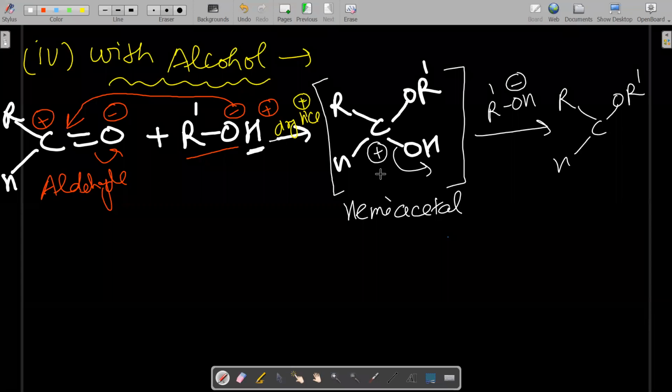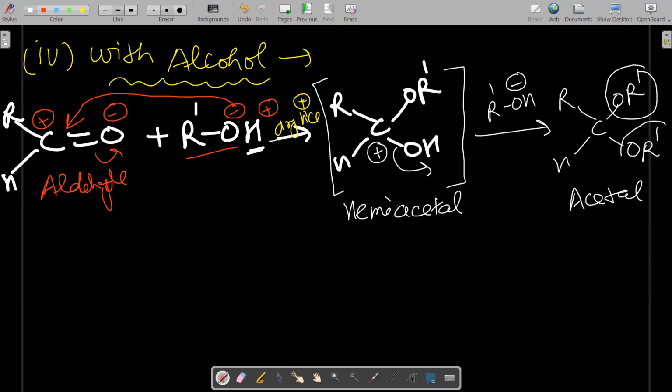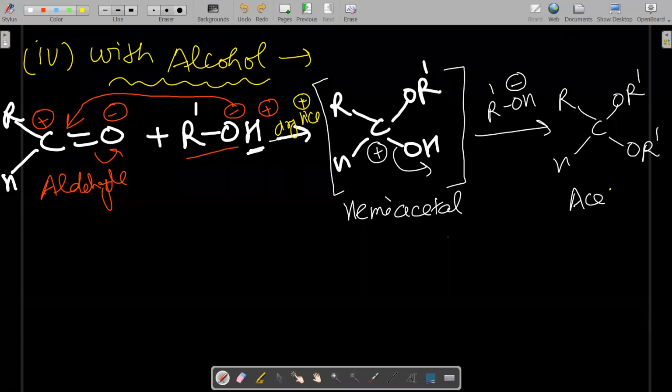Now again this carbon became an electrophile, on which the RO minus nucleophile attacked. So this is the final product we get, which is stable, and this is called acetal. This is the dialkoxy group. Now it becomes stable. Here further reaction with alcohol will not occur because there is no OH group. So the dry HCl that is used here will not react. Protonation will not occur over here. This reaction is always carried out in the presence of dry HCl. So this is the final product we get, the stable acetal.